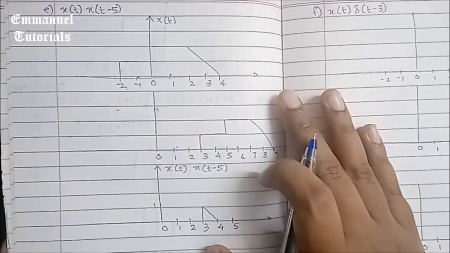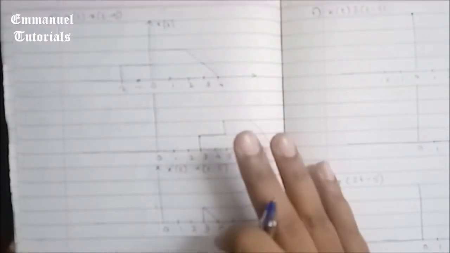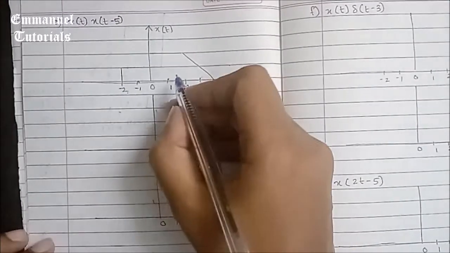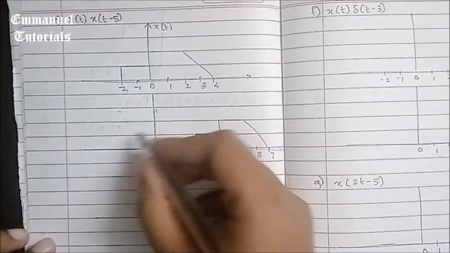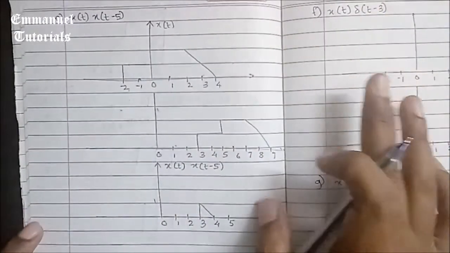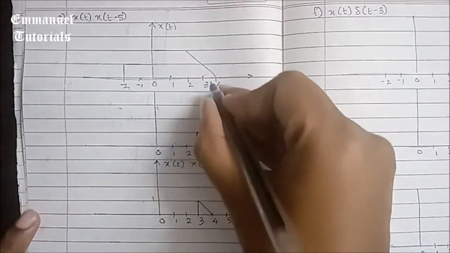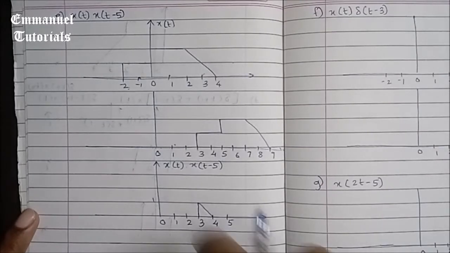Now one thing which you can easily find out in multiplication is, if any of the signals is 0 at any of the points, the product is 0 there, whatever the other signal is. Like in this signal, if you see at minus 2, minus 1, 0, 1, 2, the signal is 0. So for the next signal, you don't need to consider the amplitudes there. It is going to be 0 directly. So you can just neglect those points. And now at 2, first signal's amplitude is 2, second signal's amplitude is 0, and again it's going to be 0 there.